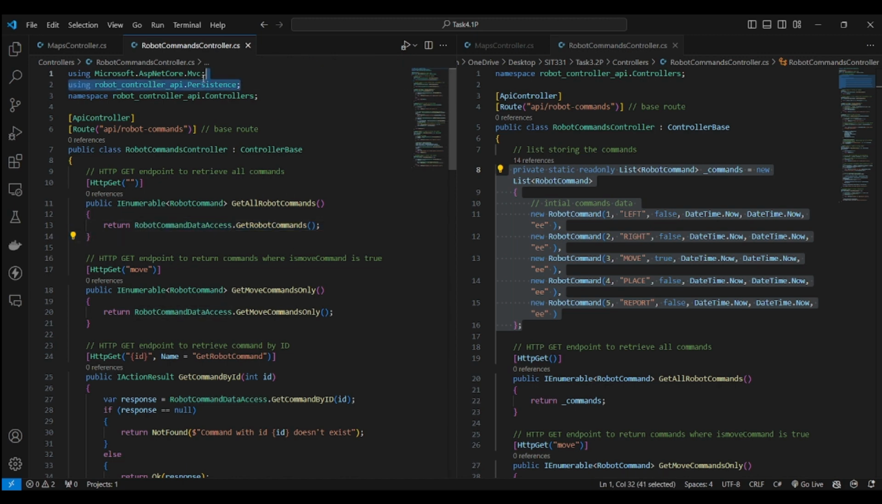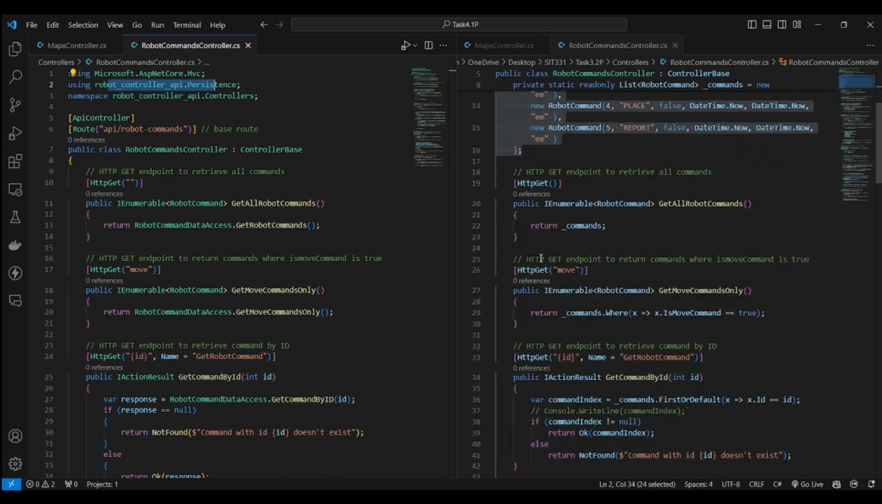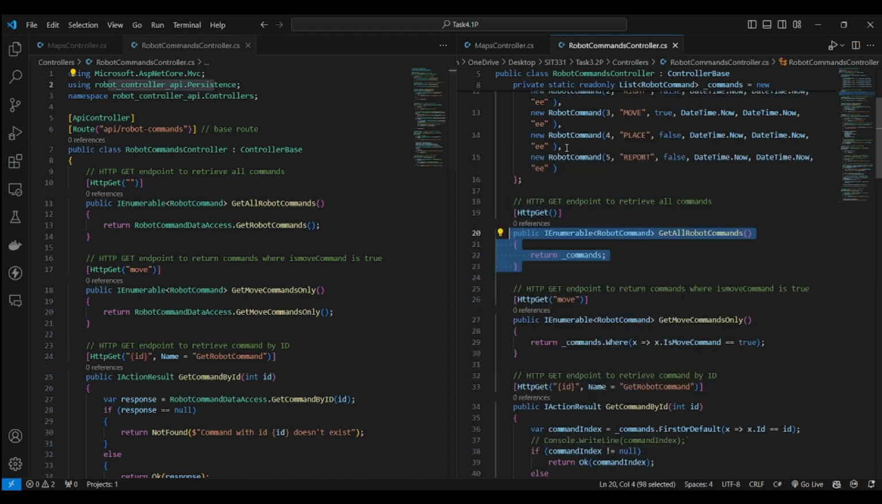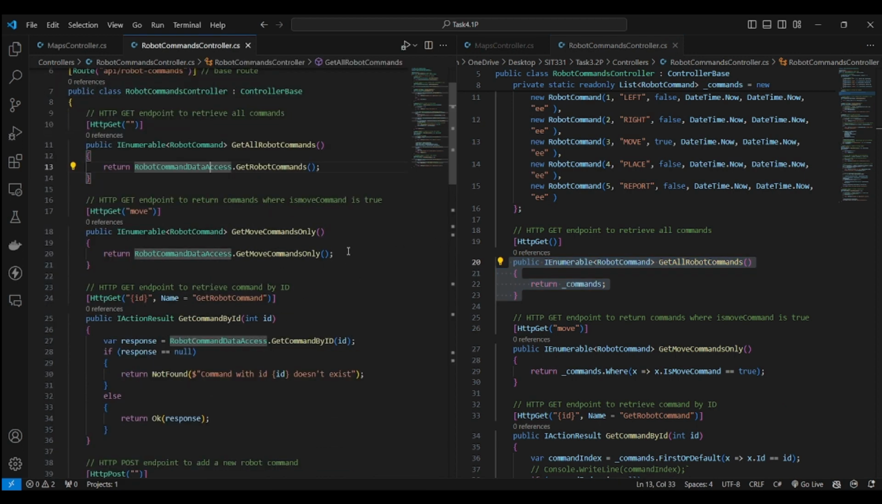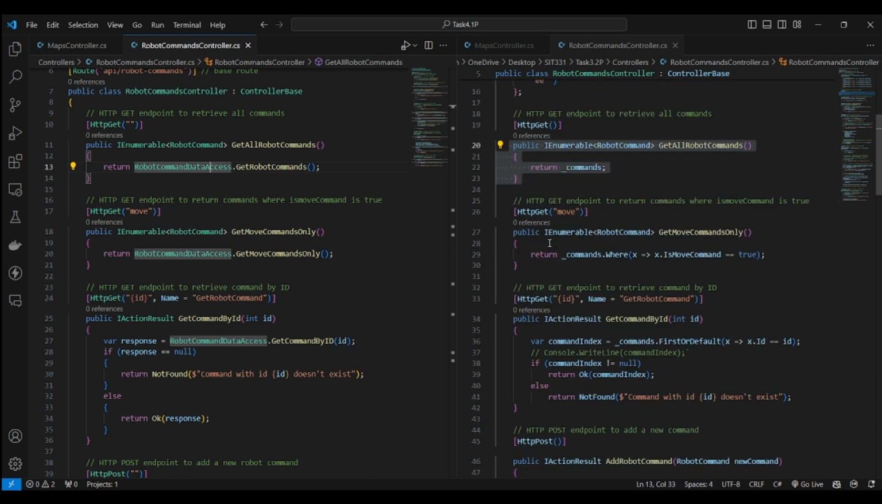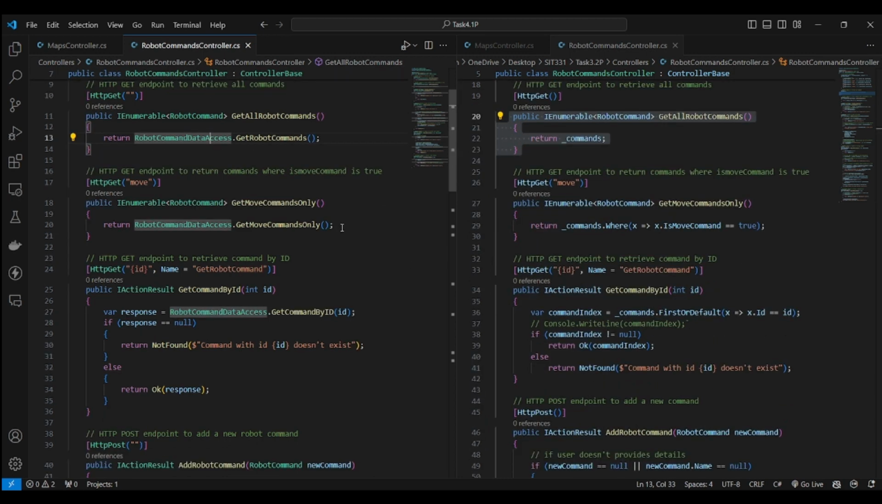I then added a using statement at the top of the file to include the namespace for the persistence layer. This allows me to use the classes and methods from the persistence layer within the robot command controller. In the getAllRobotCommand method, I replaced the previous implementation that returned the static list with a call to the getRobotCommands method from the robotcommand.access class. This way, when a client makes a GET request, the controller retrieves a list of robot commands from the database